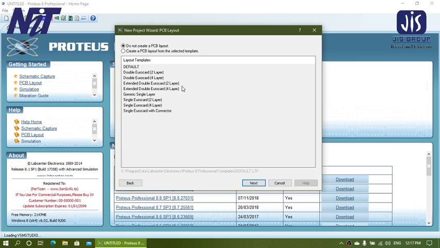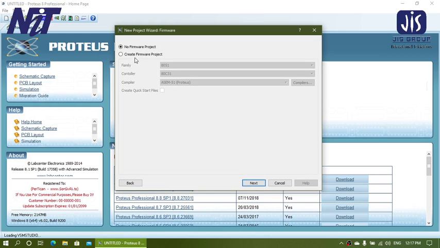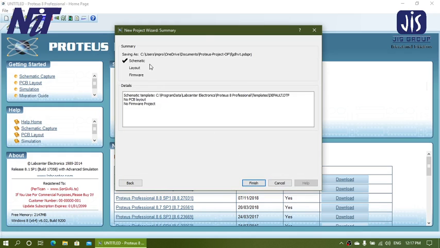For simple lab simulation, you just don't need the PCB layout. This is for advanced users, and also you do not need to create any firmware project. So just click next, and then you will find the directory where the project has been built on your computer. This path will display over here, and click finish.